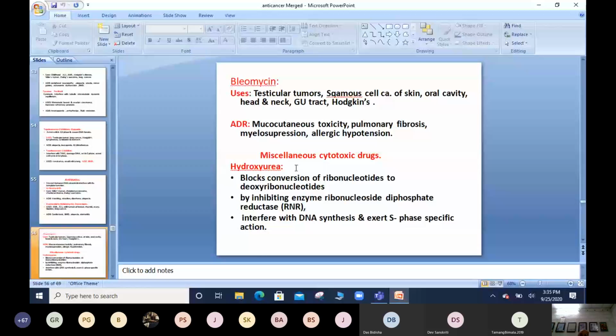By inhibiting the enzyme ribonucleoside diphosphate reductase. The result is that it interferes with DNA synthesis and exerts S phase cell-specific action. Uses: chronic myeloid leukemia, cirrhosis,